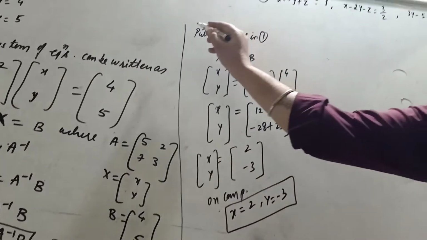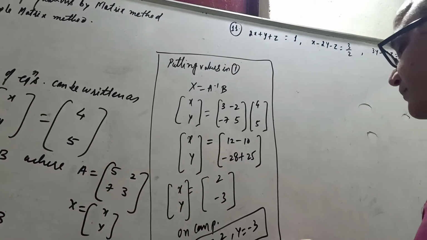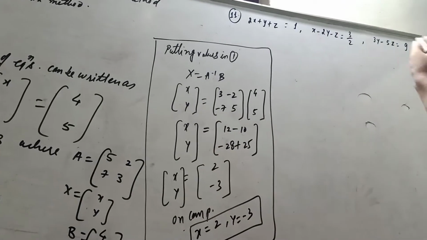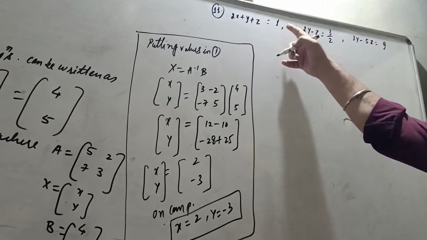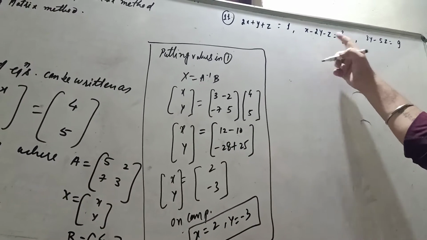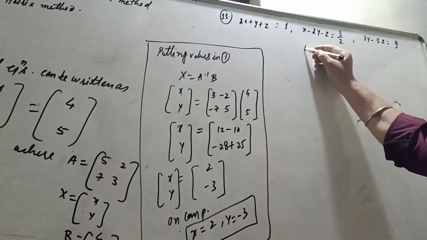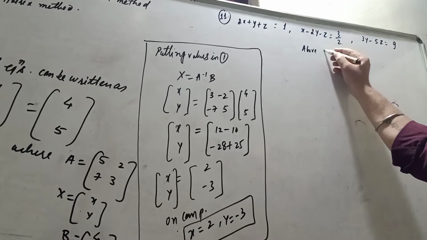Now we come to question number 11. This contains three equations, 2x + y + z = 1. First equation, second equation is this, and third is this. So the above system of equations can be written as,